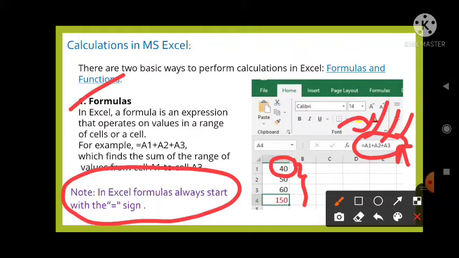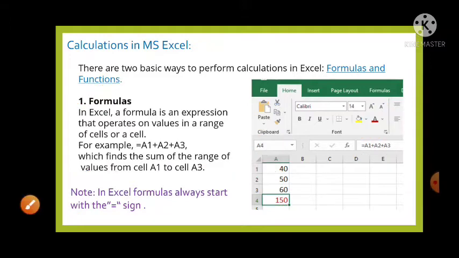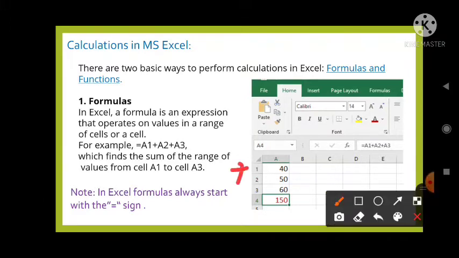Now choose the cell where you want to get the result. Here we are choosing cell A4. The formula finds the sum of the values from cell A1 to cell A3 and gives the result in cell A4. So that is the formula.